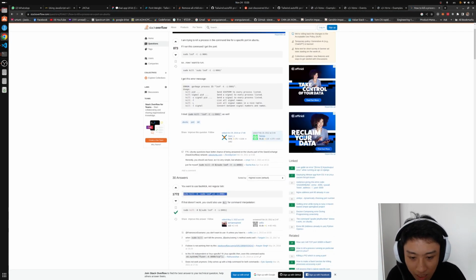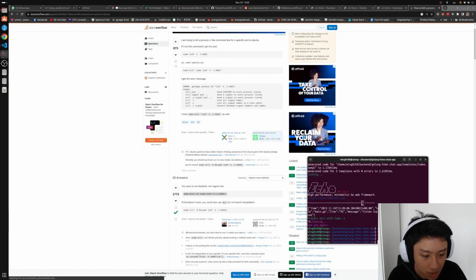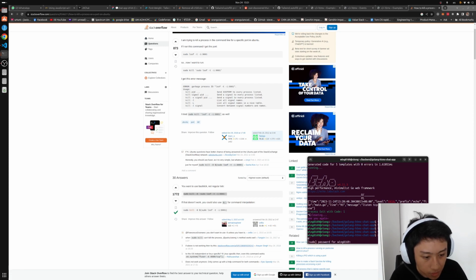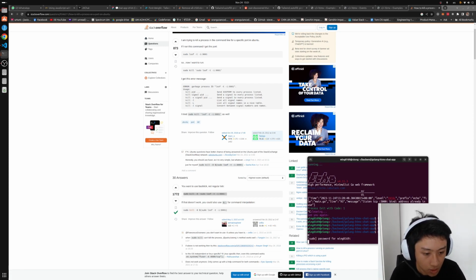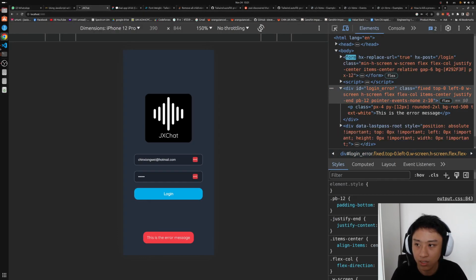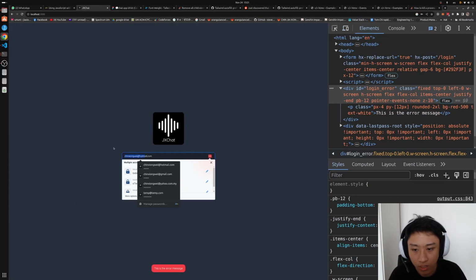This happens all the time. Let me just clean up port 3000 and put in an error again. Reopen. Okay, so now we have the error message at the center,